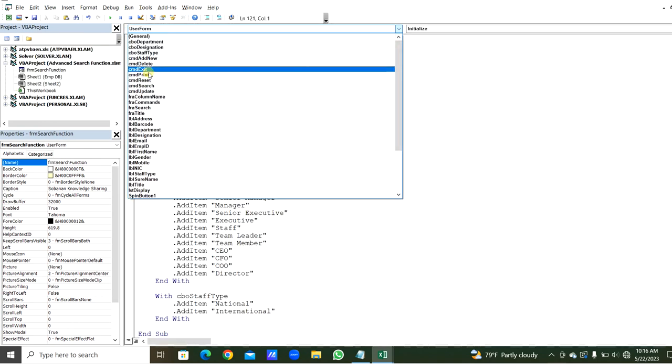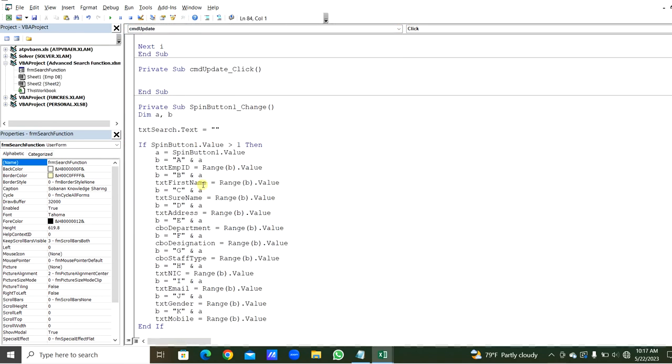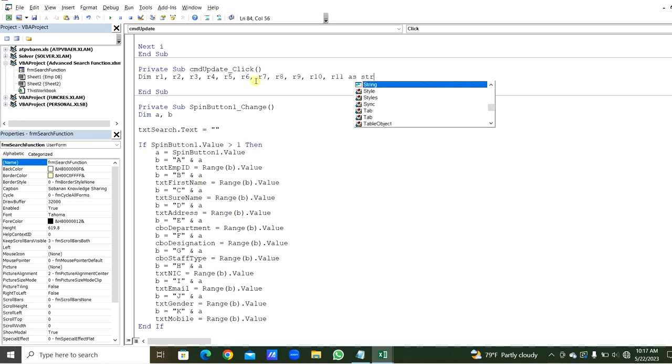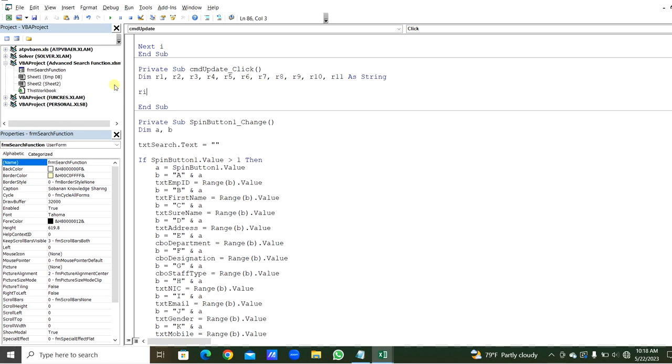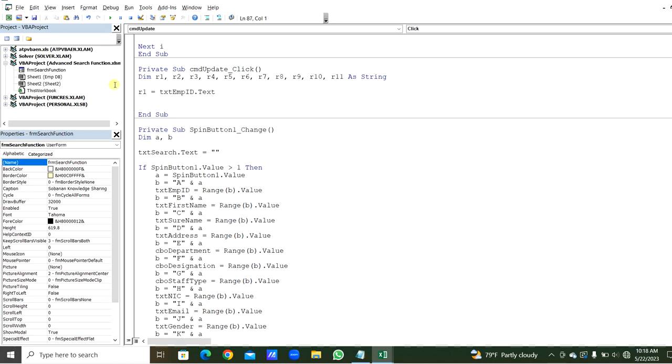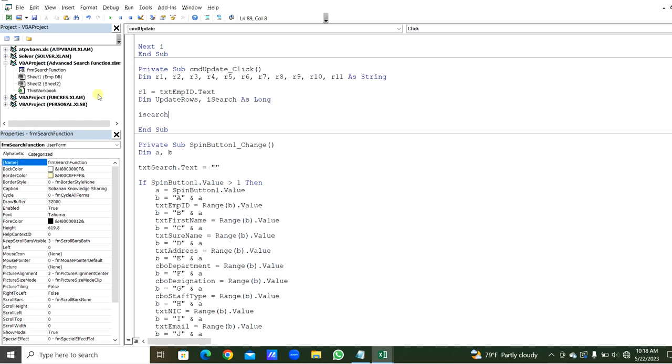Now we will jump to the other one, which is for the update. We will take the update command button. We will declare some variable. Here we have 11 columns. So we will declare variable R1 to R11 as string. Here we will assign to R1 txt employee ID dot text. Then here we will declare few more variables, dim update rows, comma, iSearch as long. iSearch is going to be